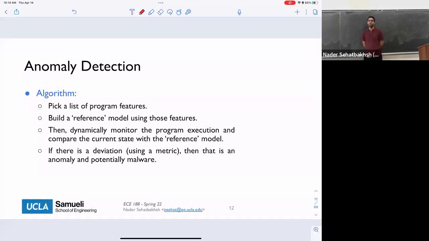Usually static, basically what it does is look at instructions. So it doesn't look at the hardware part. It's just looking at a sequence of instructions or patterns in your instructions to detect that. But for anomaly detection, for dynamic analysis, you can also bring in dynamic features such as things about your microarchitecture, things about your hardware, and so on and so forth. So that's why dynamic analysis is a little bit richer in terms of the features that you can actually monitor.